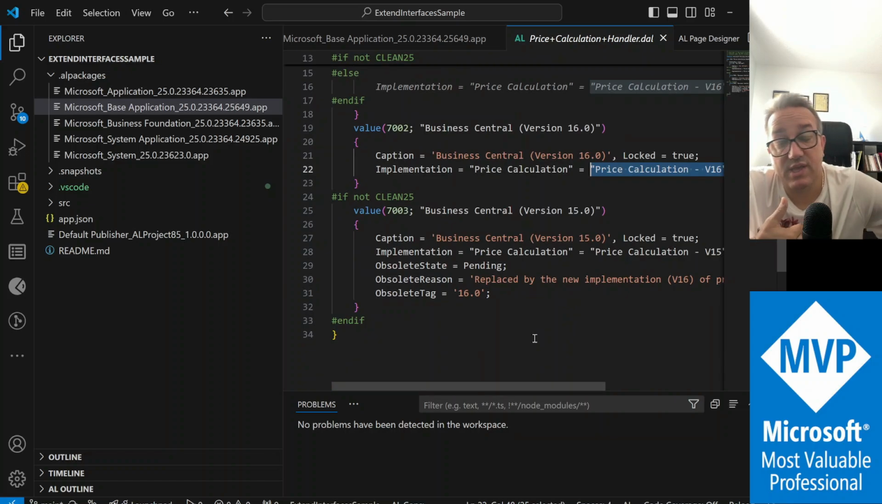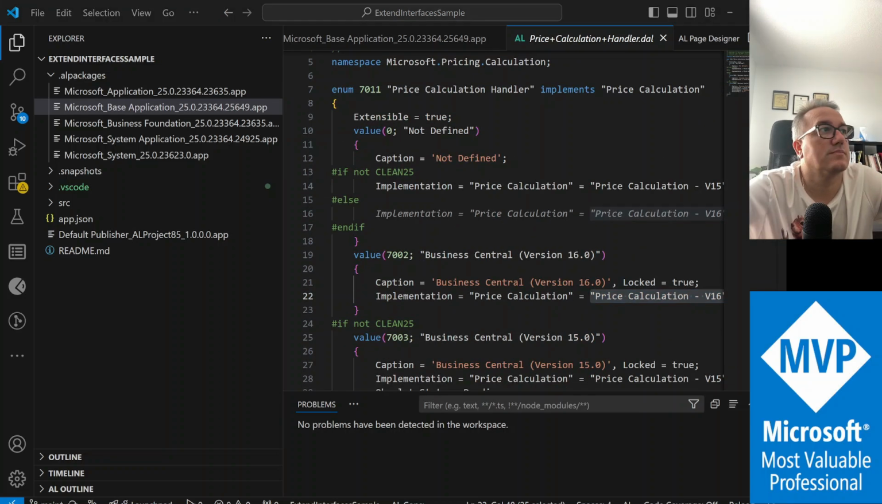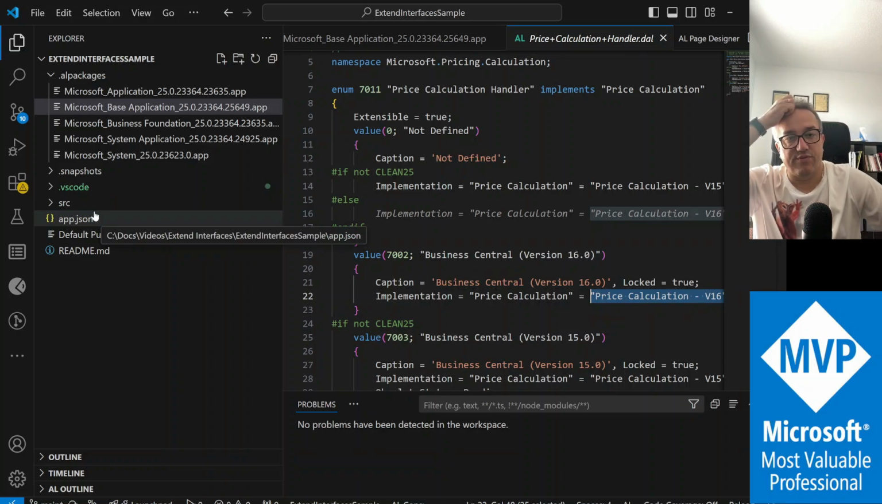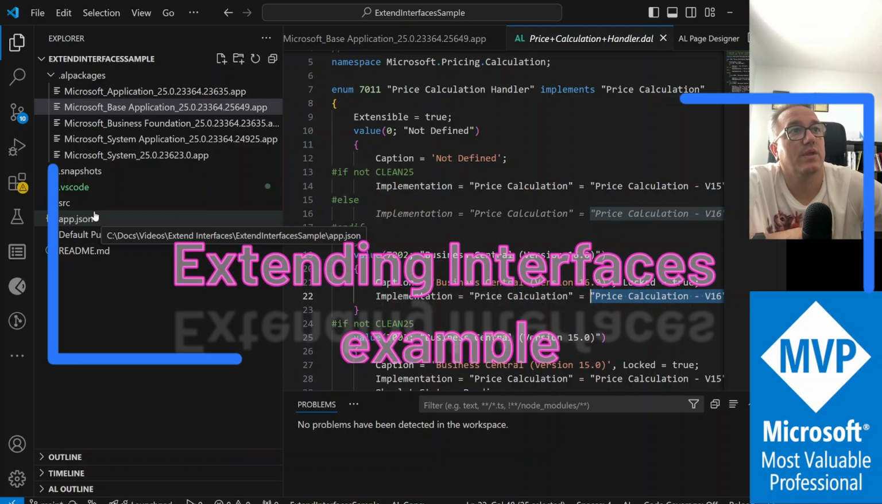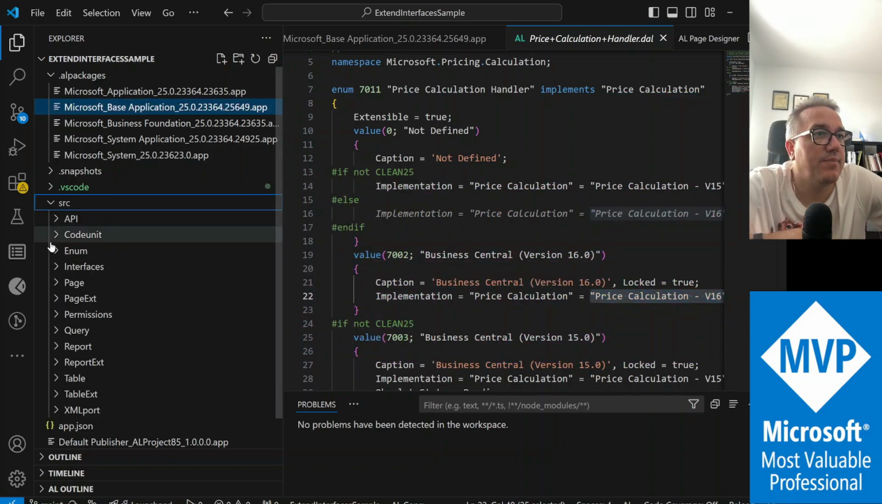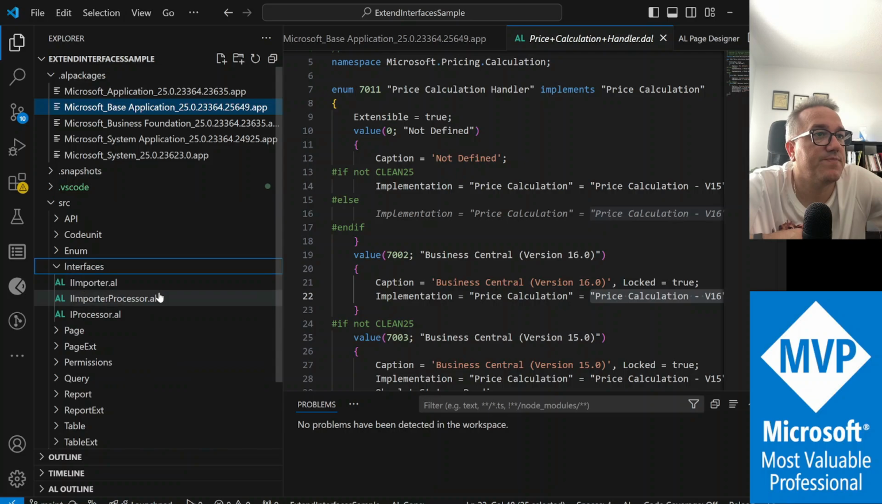So code units and enums can implement interfaces. Let's have a look at an example of how we could extend interfaces in BC. I have here an example, and if we look at a folder called interfaces, I